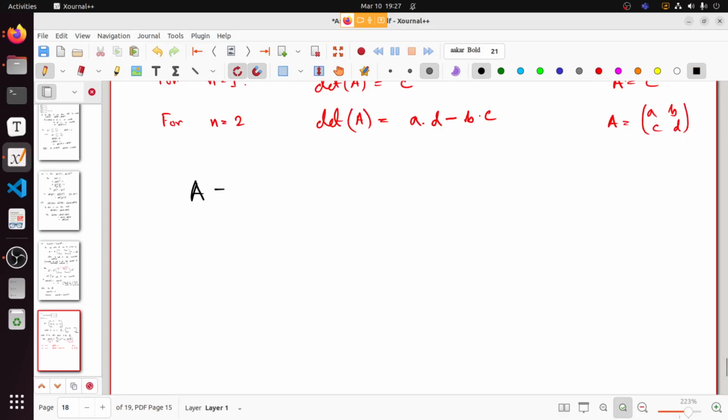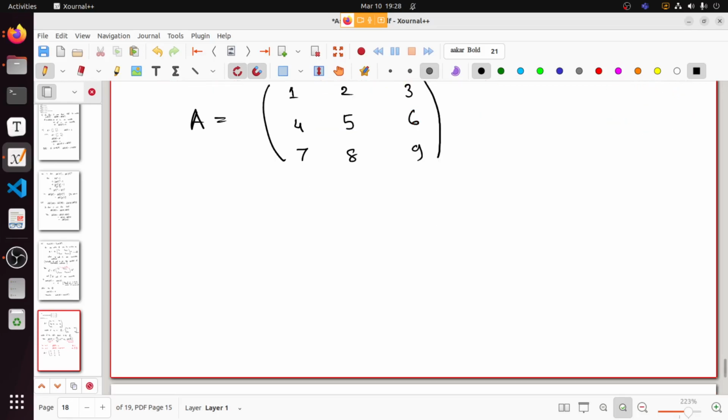So as A, what is given? 1, 2, 3, 4, 5, 6, 7, 8, 9. This is the matrix. You have to find the determinant. So therefore det of A